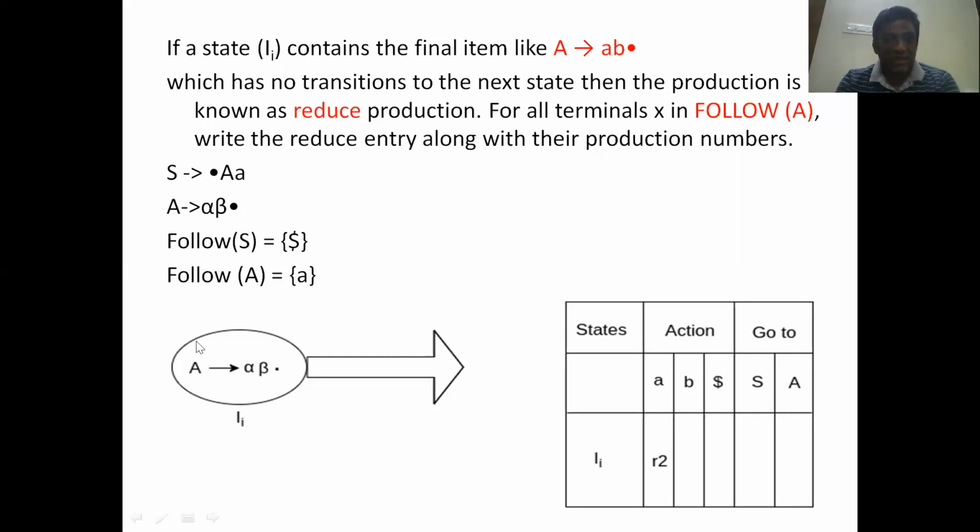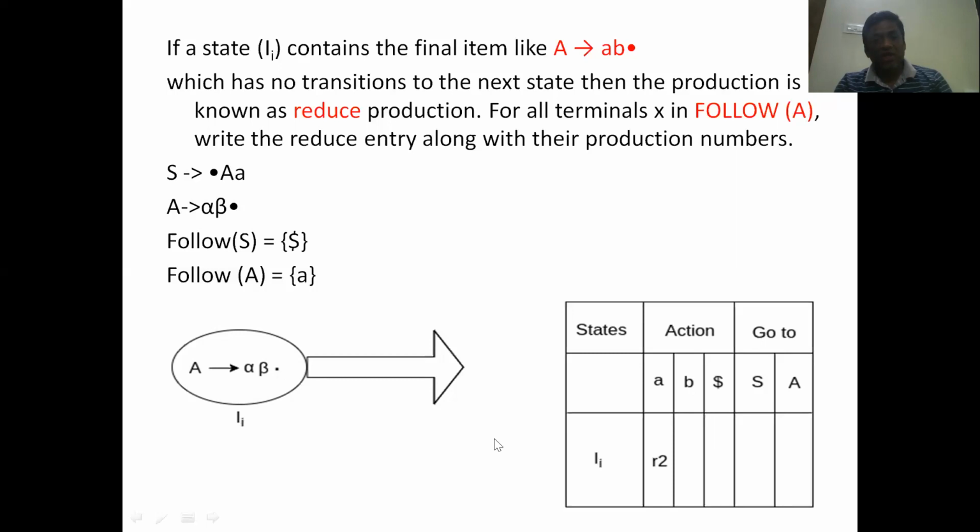Now let us say there is a state in the canonical collection of LR(0) items, say Ii, which has something like this: A implies alpha beta dot. What does this mean? There is no symbol available after the dot. Then how to fill the table?